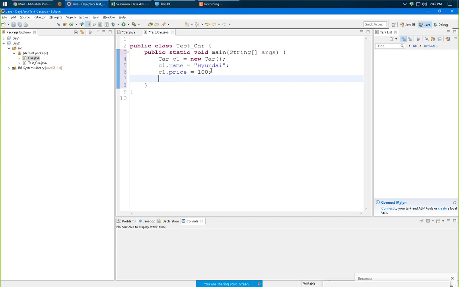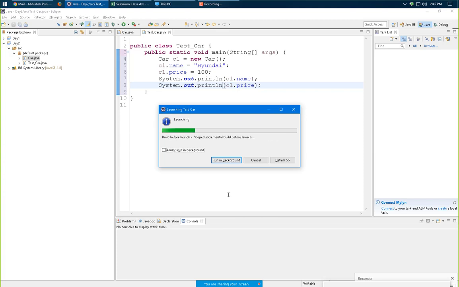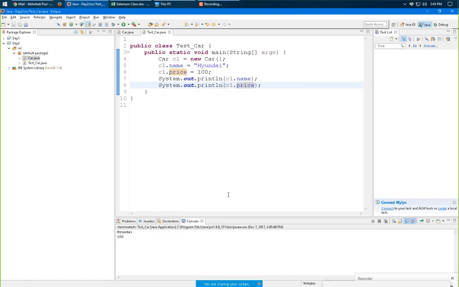When we want to access them, we can print c1.name, and in the other line c1.price. When we run it, it says Hyundai and 100.